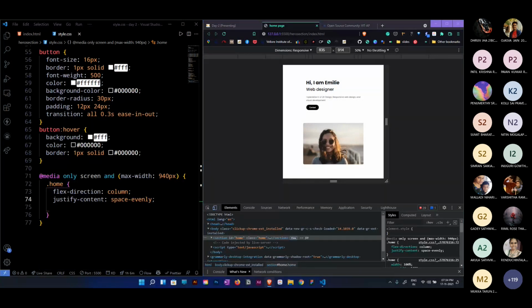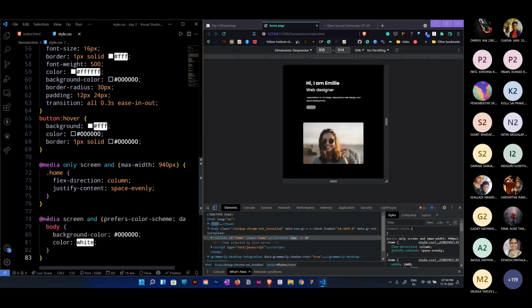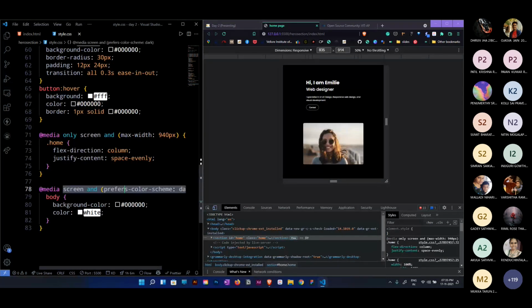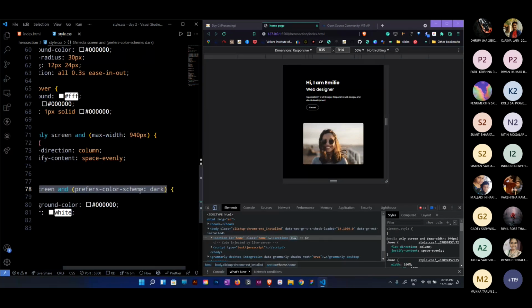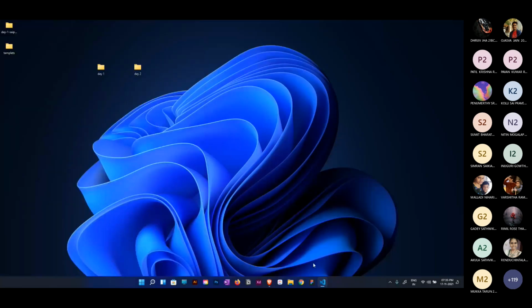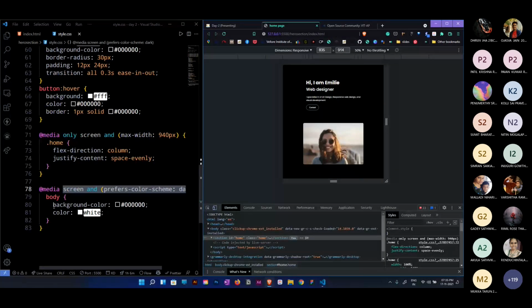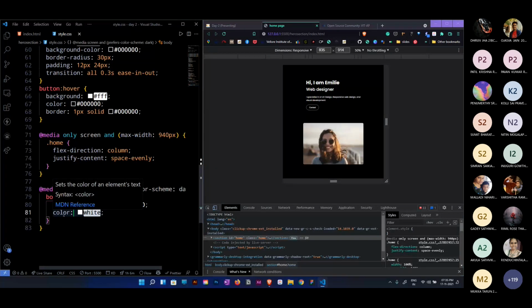And the theme one, how to change the theme of your body. Okay, how to change the theme. In this particular media query, observe the screen, and the prefers-color-scheme, observe this particular line. Prefers color scheme is dark. Now for now my system is set to dark theme. If you can observe, this is the dark theme of Windows 11. That's why it's showing the dark theme. Because it's dark theme, it has applied the background color and color of dark.